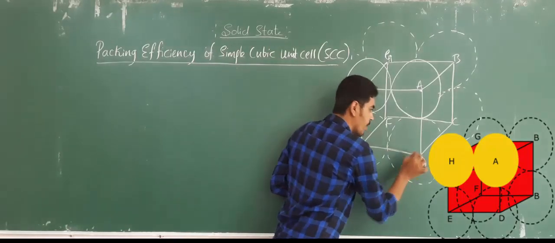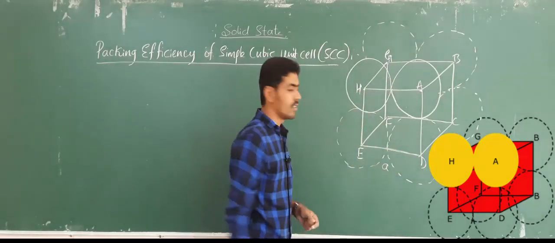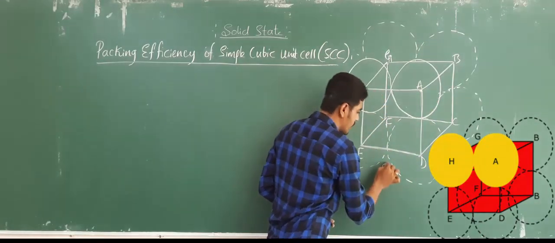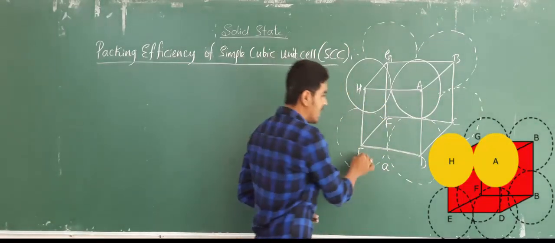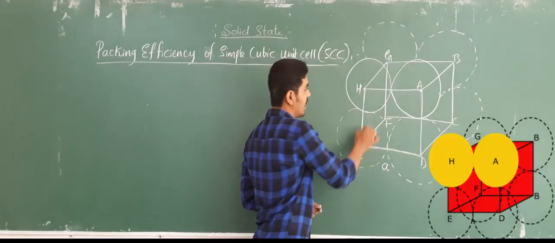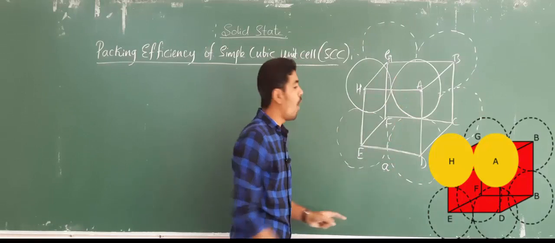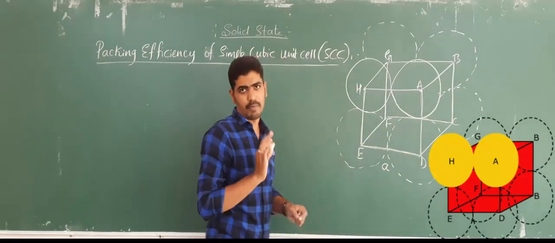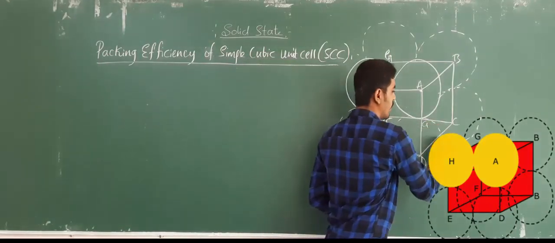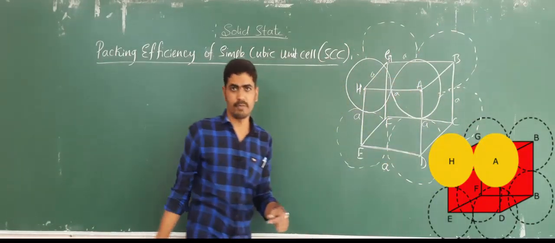and it is a cube, and I will consider its edge length as A. These are the edges of this cube, and these edges are said to be A. ED, it is A. Now what about EH? The edge length, it will remain same or different? Since it is a cube, all the edge lengths are same. They are having same length, and hence this is also A, this one is also A. All the edges are having the length A only, okay?